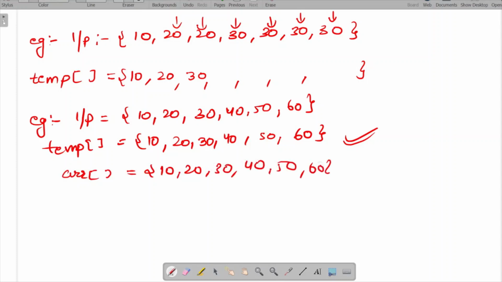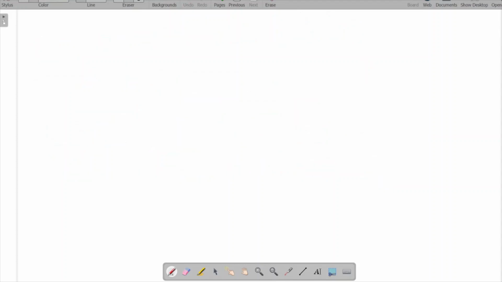Or basically in this case we just have to return the size of the input array. So in this case the size will be 6 only, and in the previous case when we copy all the elements in the input array, we will have this case, and the size will be 3 in that case. So now let's see how we can write the function for the new approach in which we are taking the extra space. So first of all what we will do is